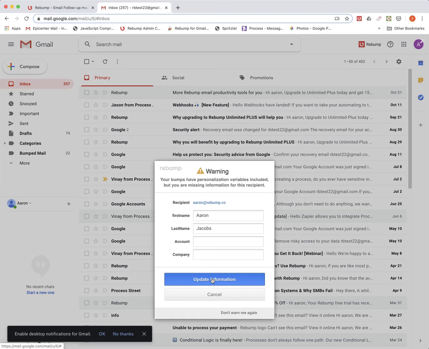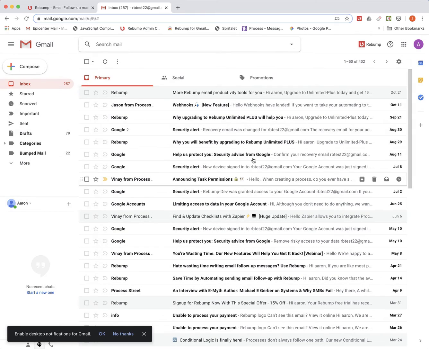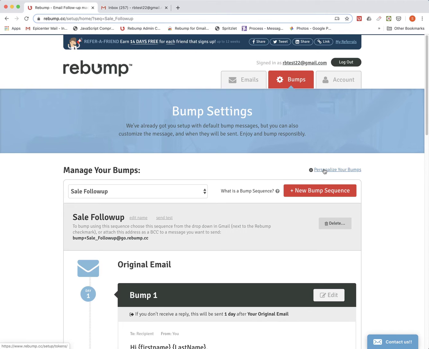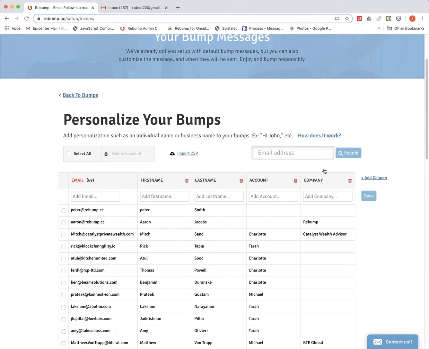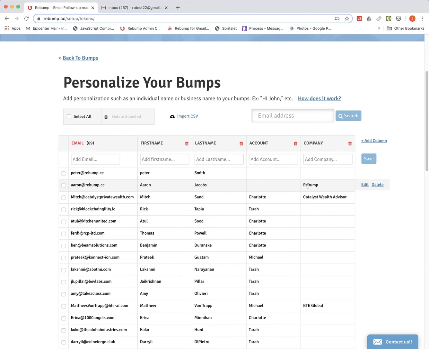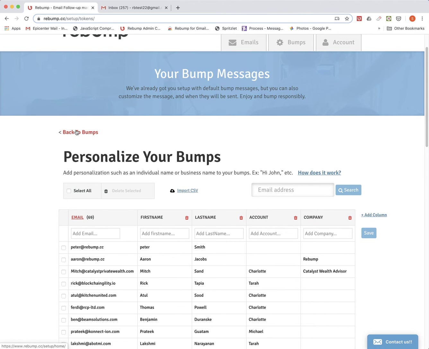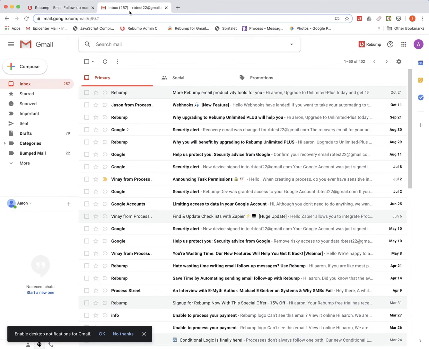So you can just add the information right here. So let's say in this case I would add Rebump, and I would click update information, and now if we go back to the contacts spreadsheet, we'll see that the information has been updated. So back to Gmail. So now this message has been sent, and that's all that needs to be done. Rebump will take over from here and start sending out the